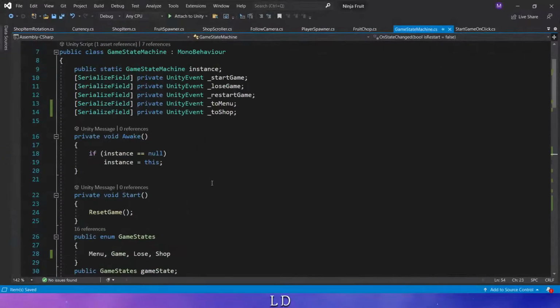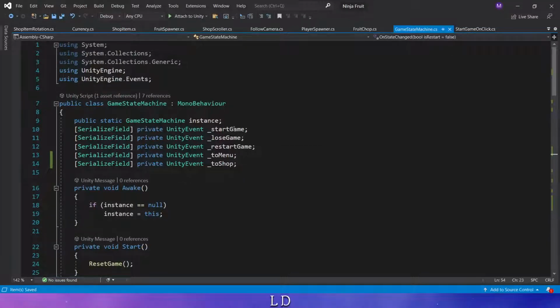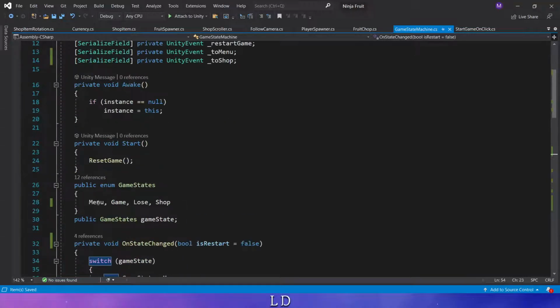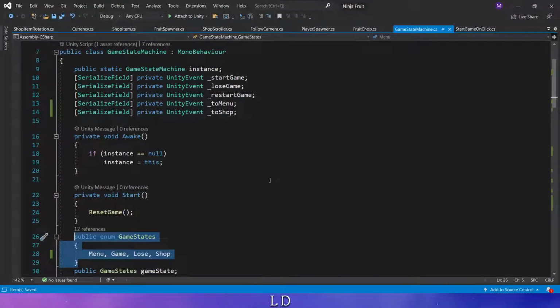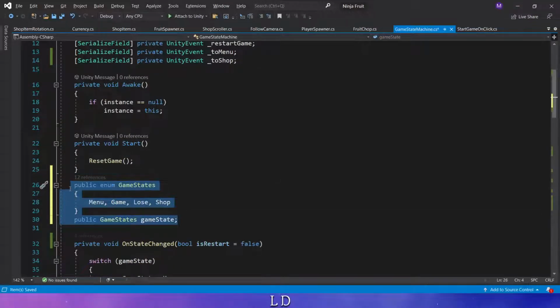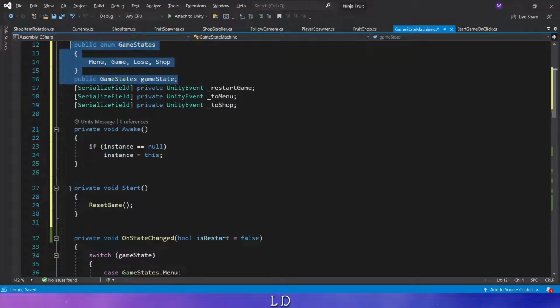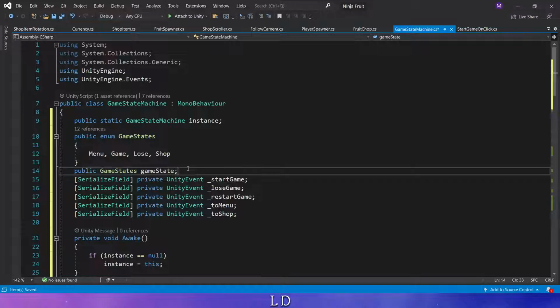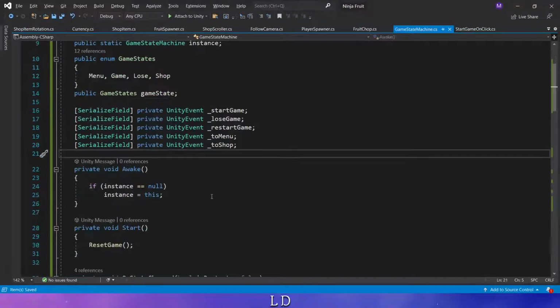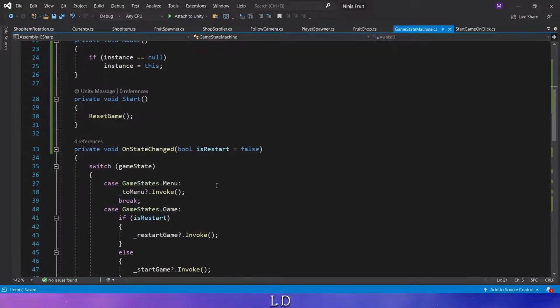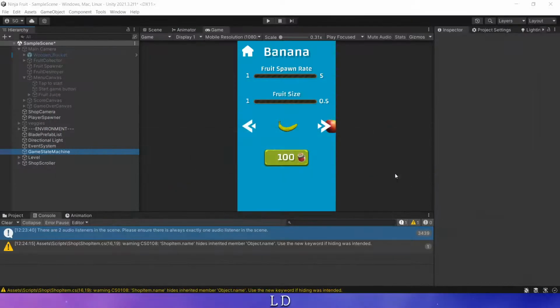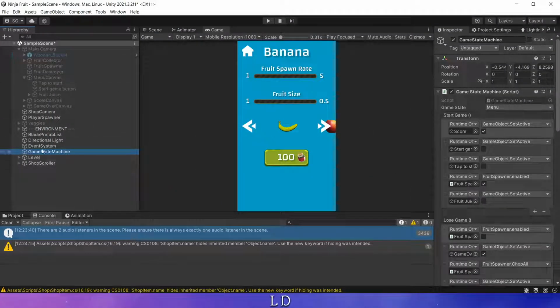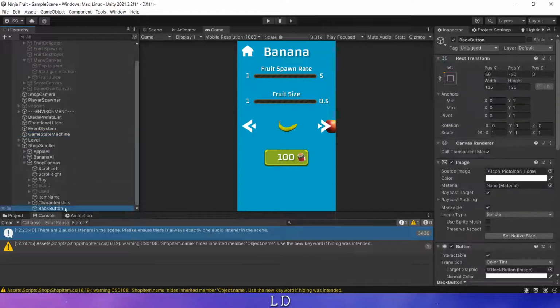Because we want in the game state machine. Well, first of all, why does it always show these states on the bottom? I don't like that. I want this and this to be somewhere on the top, because it's one of the most important things here, like so. And when we press that button, I want to change the game state to game. When we press on the back button,